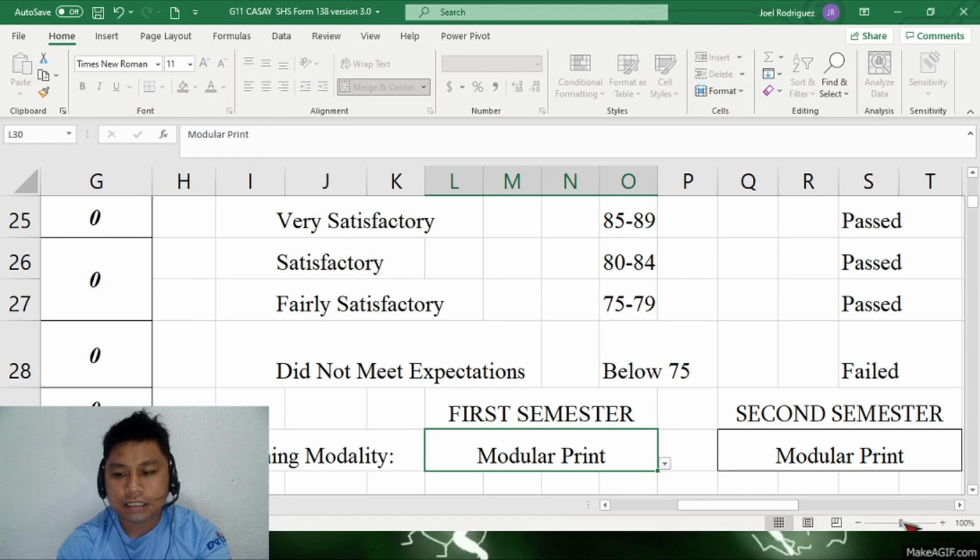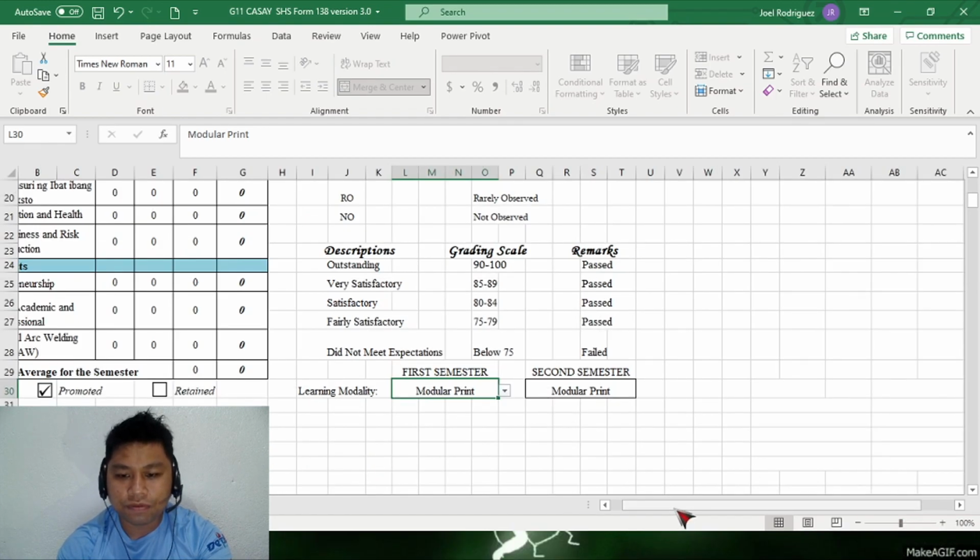So same format as the school form card before. I just put the learning